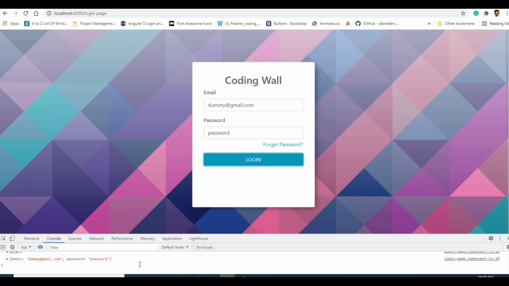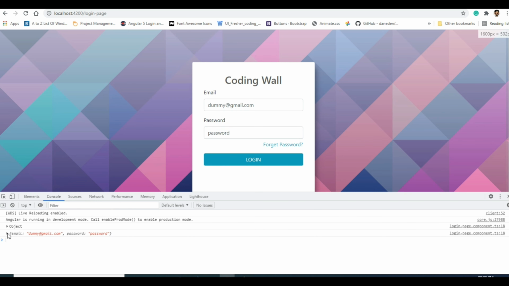If I click the login button, see here it is showing that the email and password have been captured in my TS file. So in this way I will show you how to capture the data entered by the user using a template driven form in the simplest way. So let us get started.